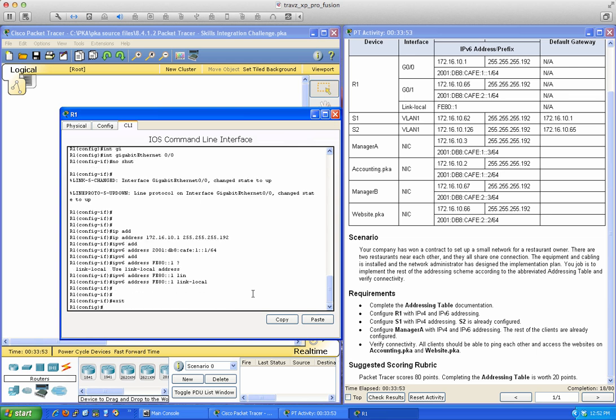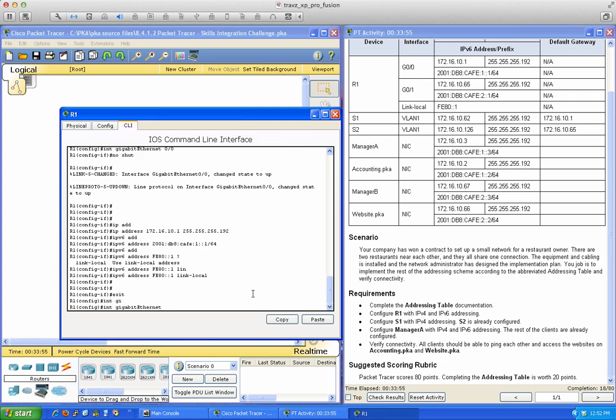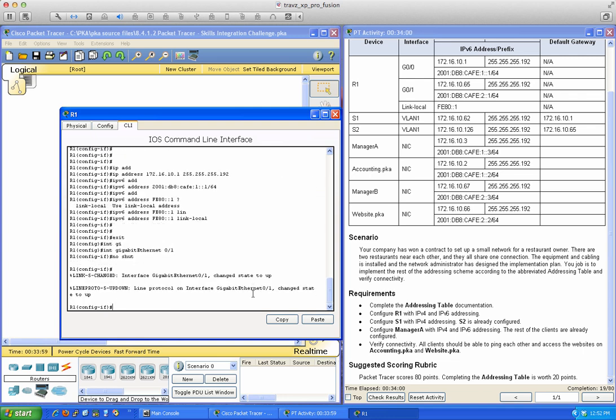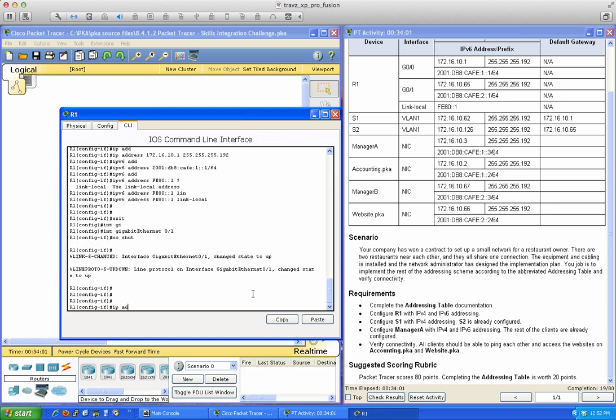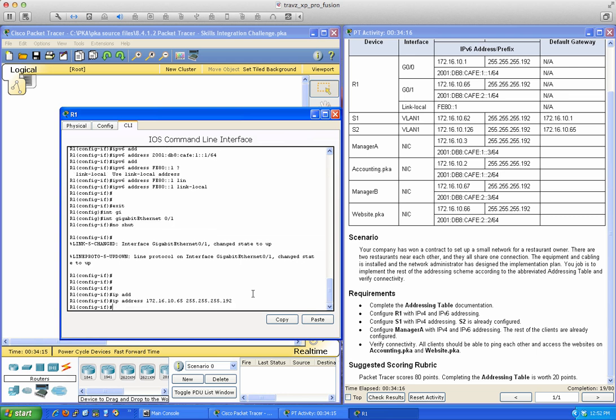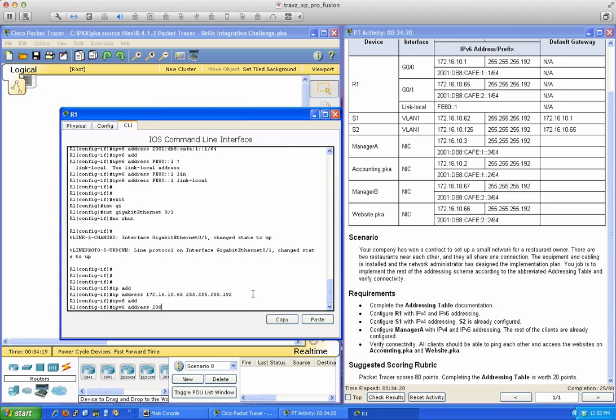Now let's go ahead, we'll exit out, we'll go back into gigabit Ethernet interface 0/1. We'll bring our interface up, and then we'll put our IPv4 address on here, which is going to be 172.16.10.65. And again, in keeping with the /26, 255.255.255.192. We can put our IPv6 address on here as well, and this is going to be